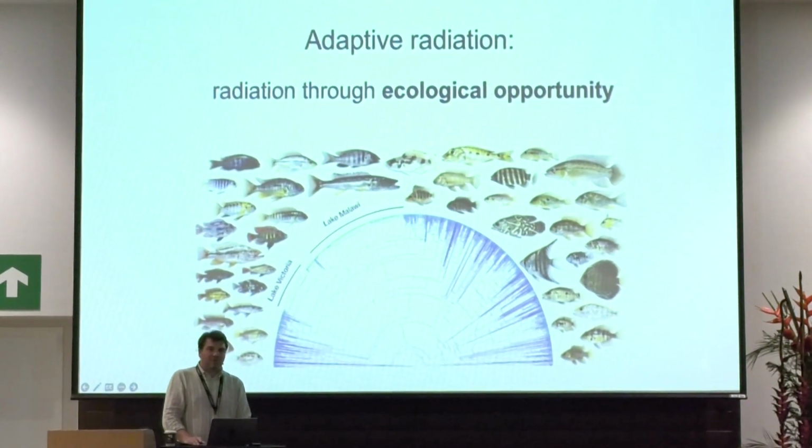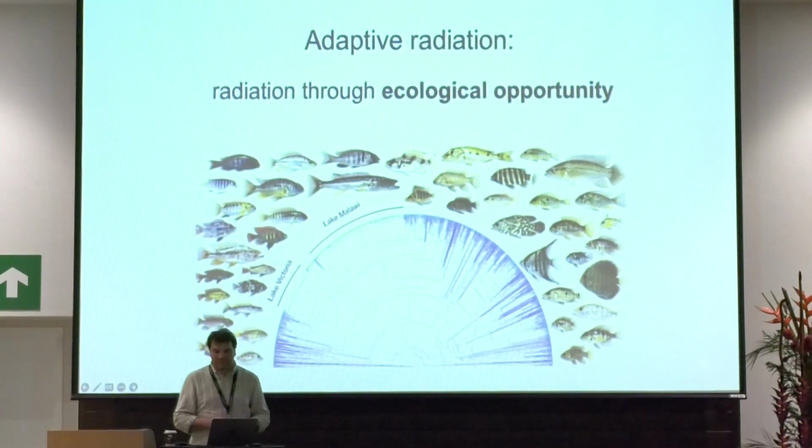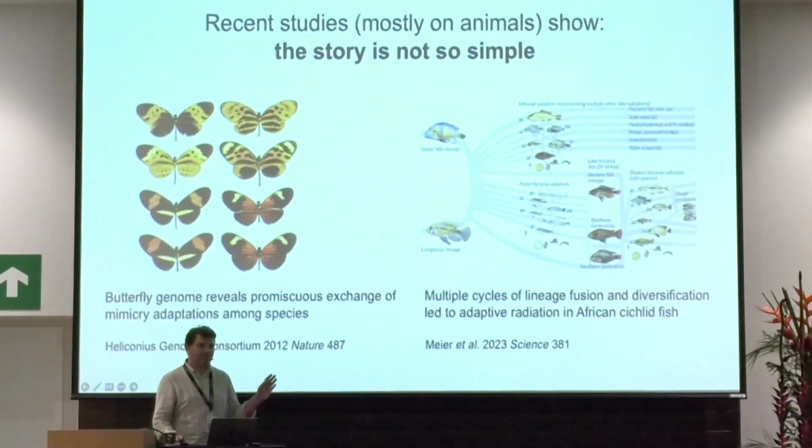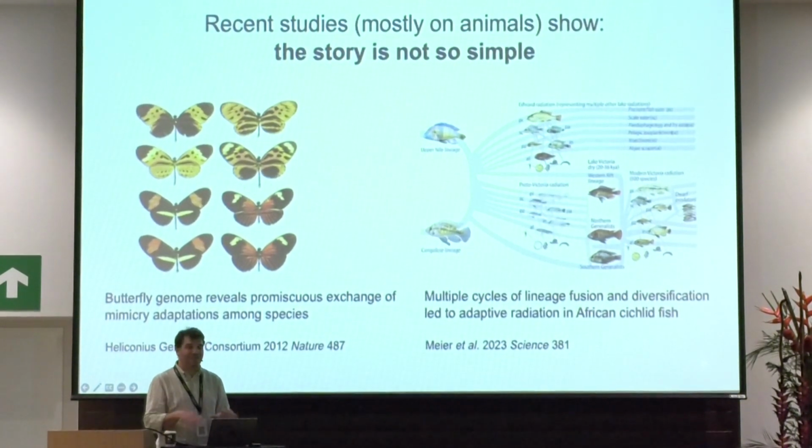Examples of such adaptive radiations are well known from animal studies, like cichlid fishes in East African lakes, Darwin finches in Galapagos, or Heliconius butterflies. And in all these studies, the classical theory suggests that ecological opportunity is what is really important for these radiations, right? So this is almost to be understood as the only required element. And actually, studies from these animal systems in particular, because plant radiations are not so well investigated at the genomic level, I think, still.